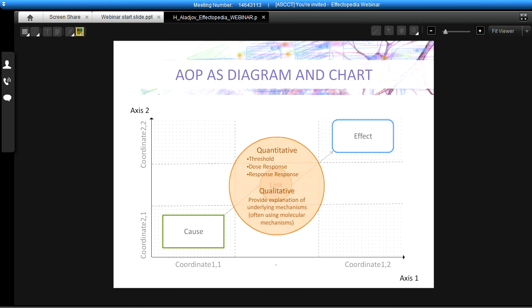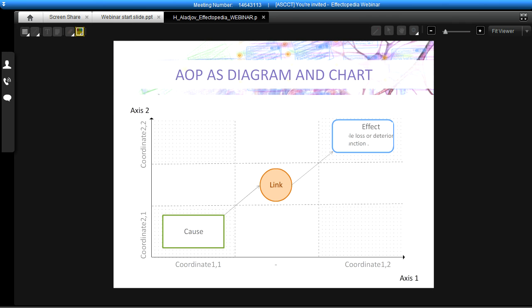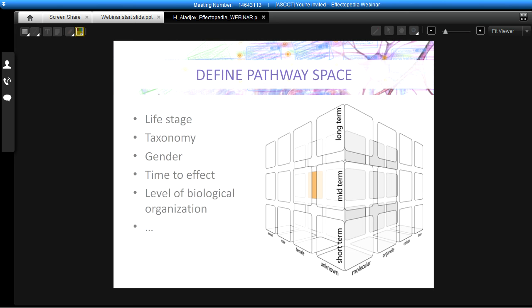And also I will make a brief point on what the effects are. We don't have a very formal definition of effects, but those are some forms of observable loss of function of the particular cell, organ, or some biological system. So I would like to show you how these pathways are actually